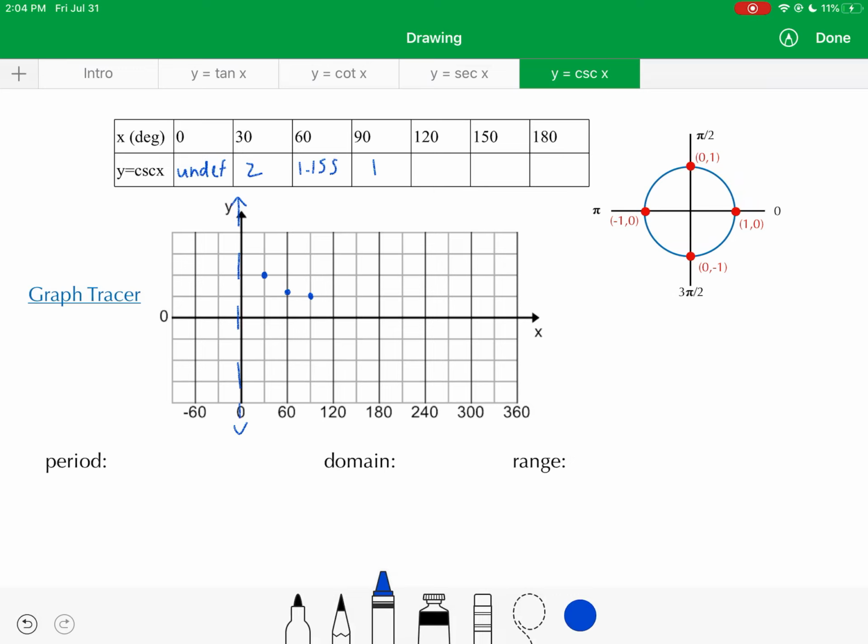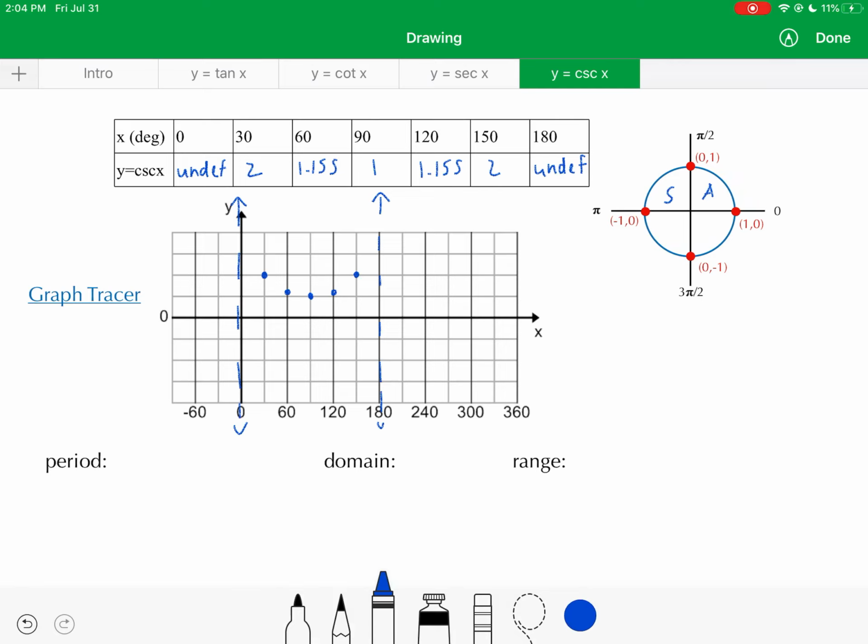Okay, so notice all those points are above the x-axis. Then cosecant of 120, positive 1.155 again. Cosecant of 150, positive 2. So see, those are both above the x-axis as well. That's because cosecant yields positive values in quadrant 2. You'll end up with an undefined value at 180, so another asymptote. Okay, so we've covered